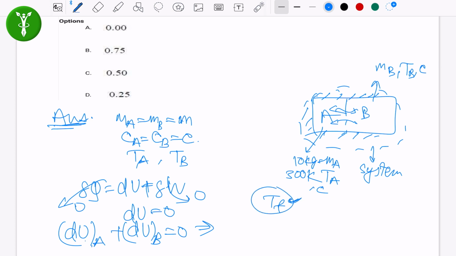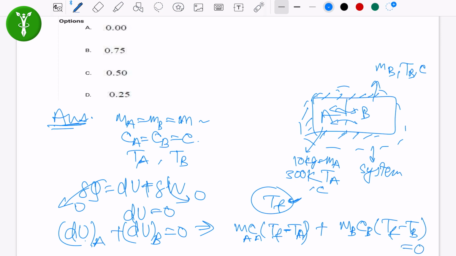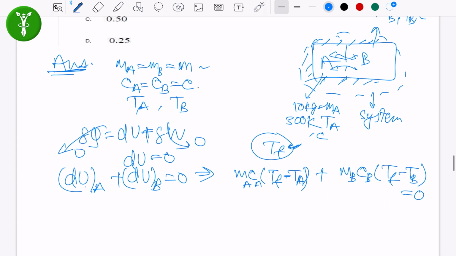For this part, MA equal to MB equal to M. That's why I'm using M. So MA C dT, where dT is T final minus T initial, and T initial is TA, plus MB C times T final minus T initial, where the initial temperature is TB, equals zero. So if we solve this, TF will be equal to